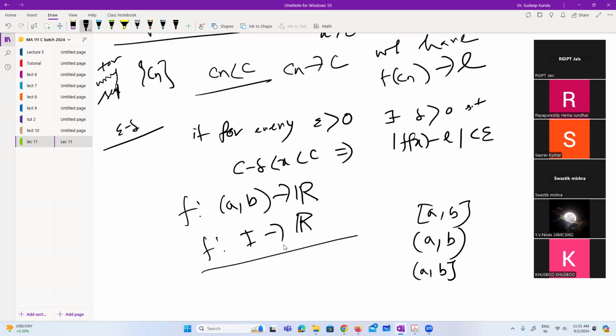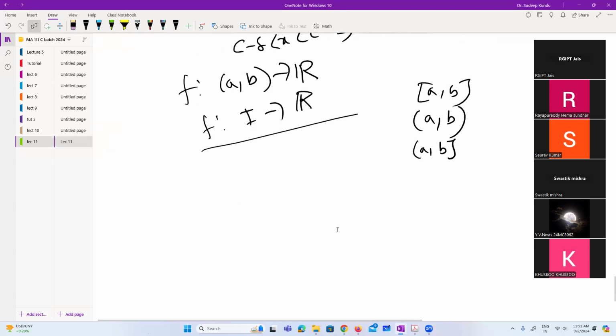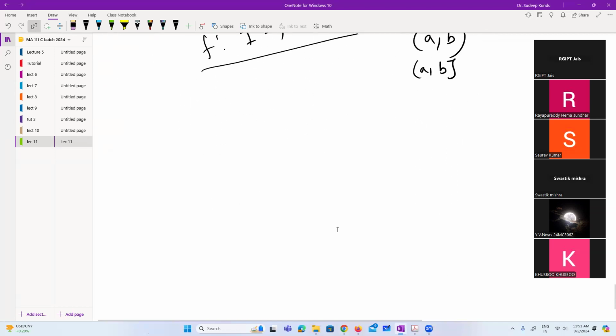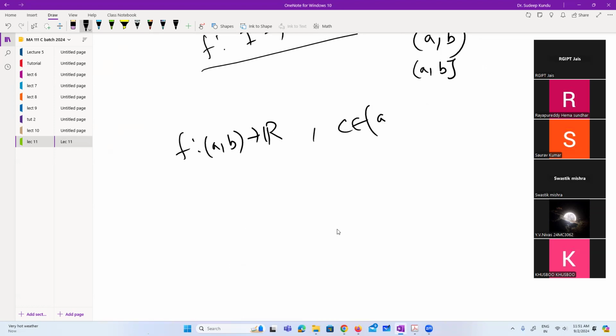So suppose you know the left-hand limit and right-hand limit. Suppose f from [a, b] to R is a function, and C belongs to this interval. Then the limit as x tends to C of f of x exists and is equal to L,